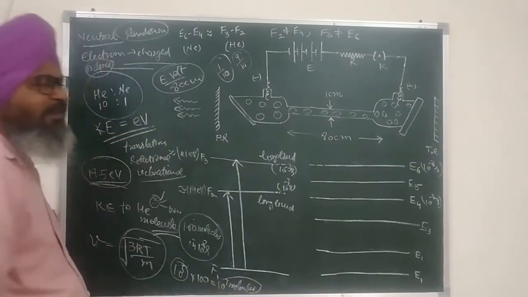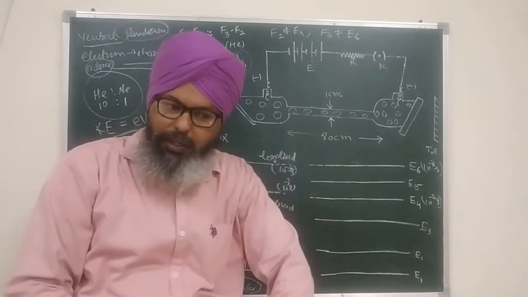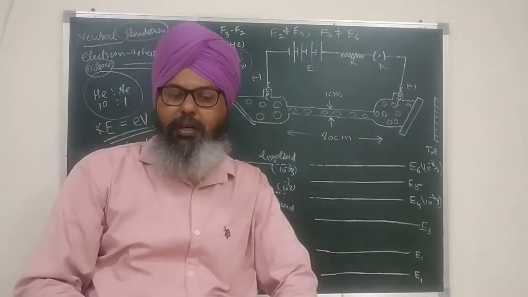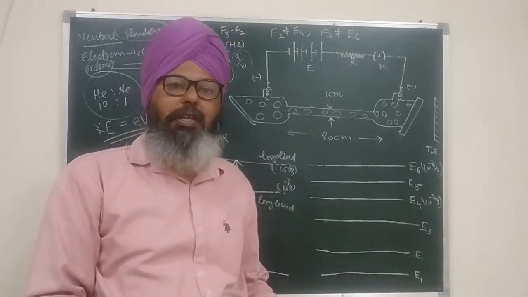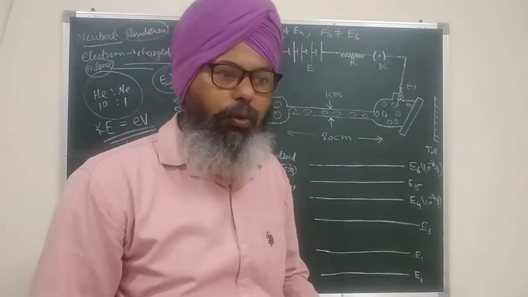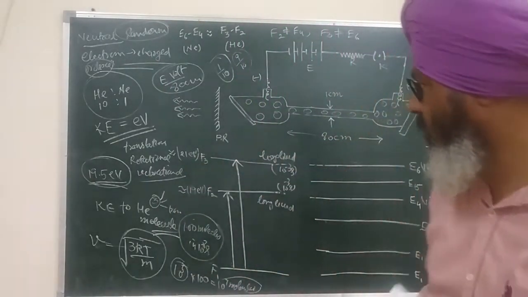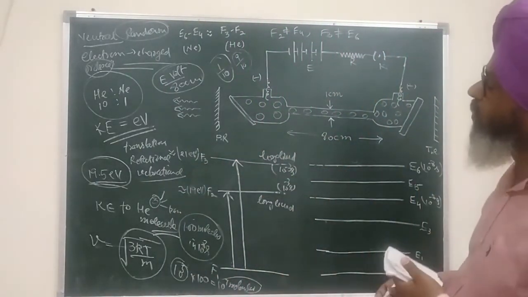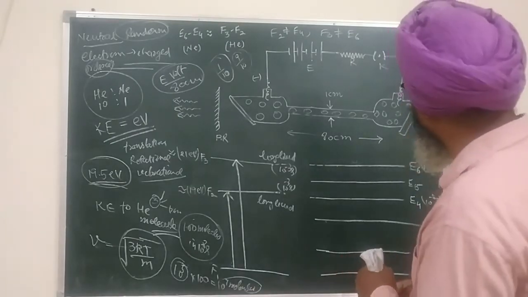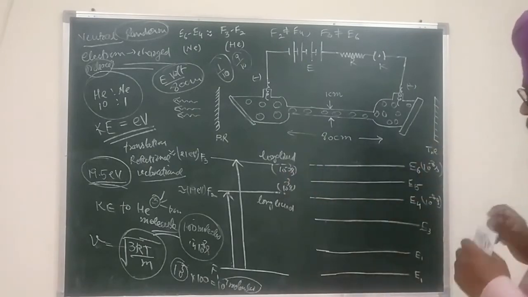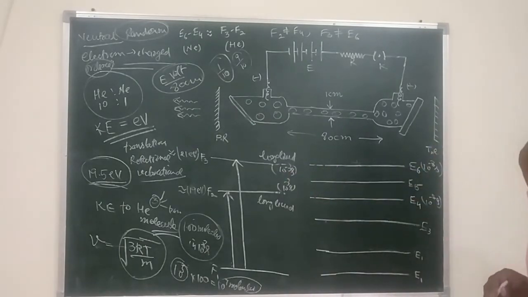And just assume that only 100 molecules are de-exciting, giving 100 photons, and 10 raised to power 7 molecules are de-exciting, giving 10 raised to power 7 photons. What will be the amount of intensity that will be increased because of this mechanism? You can just imagine. So the amount of intensity that will increase will be approximately equal to the ratio of the lifetime of these two states. So that I have mentioned many times in my previous lectures also. It is just for the sake of revision that I am using it here.